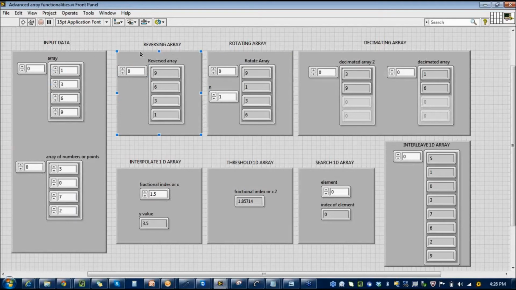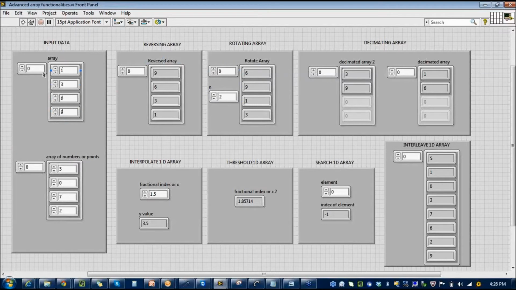Rotating. Now let's try and understand what rotating is. Rotating is different from reversing in the sense that whenever I mention that I want to rotate it, it just means that this element of 9 will come and sit on top and push 1, 3 and 6 at the bottom. So my array will be 9, 1, 3, 6 if I mention that I want to rotate only one element. But if I mention that I want to rotate two elements, or rotate it twice rather, now when I run it, you see 9 has gone down and 6 came on top, right? So this is when I'm rotating it in the clockwise manner.